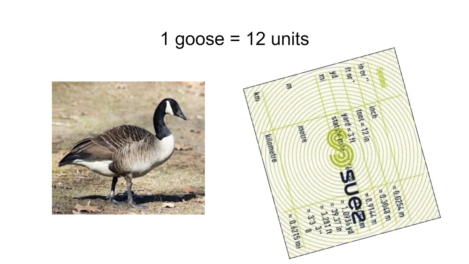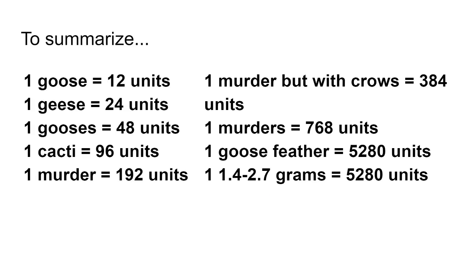Now, I know what you're thinking. If one goose is 12 units, but the goose has feathers, then the feathers are 5,280 units. Isn't it impossible because one goose has more grams of units than a goose? Then to that I say,